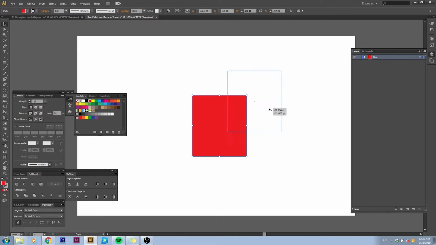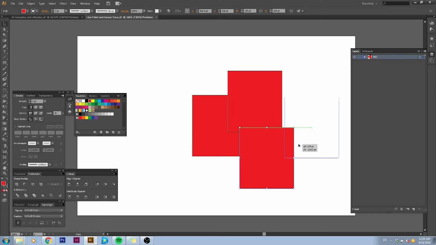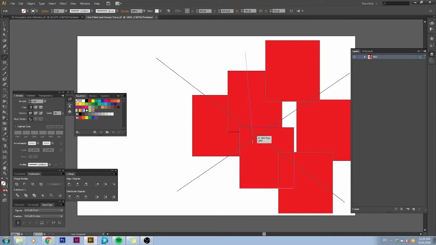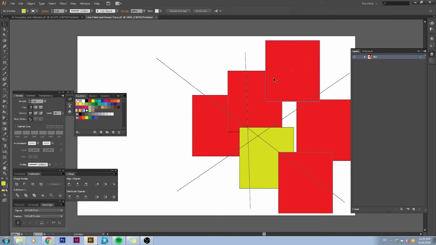Now let's say we have a more complex shape or a more complex set of lines. I will copy this rectangle around the page, and I will also draw some lines across the entire composition. We could select these objects individually and change their individual line weights and fills. However, if we were interested in coloring this entire composition as a whole, we could use the Live Paint tool,